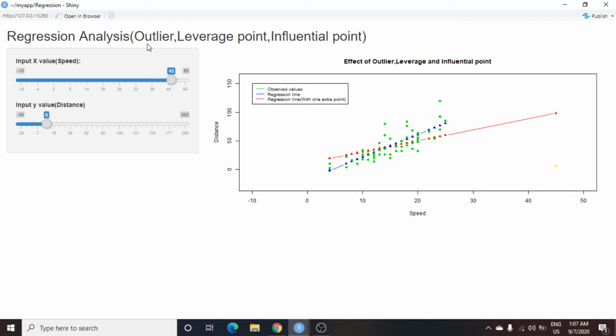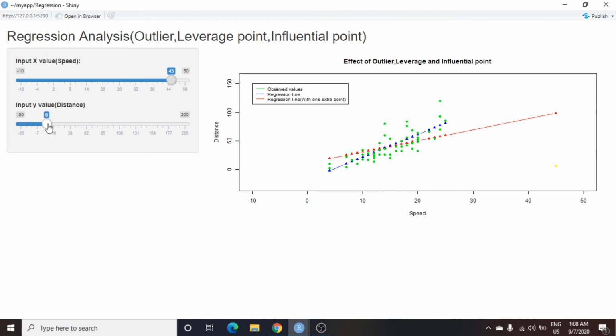So if an outlier value is not a leverage point, it can still be an influential point, and similarly with leverage points. And I want to tell one more thing: a point can be an outlier value and a leverage point, and still may not be an influential point. So you can see this is the original regression line. If a value is in the direction of this regression line, say 35 for its x value and 140 for its y value, then it should not affect the regression line much. Let's see.